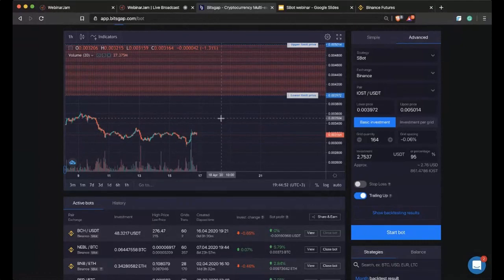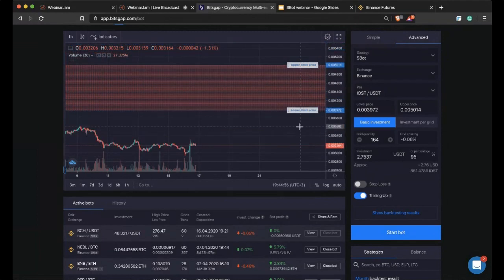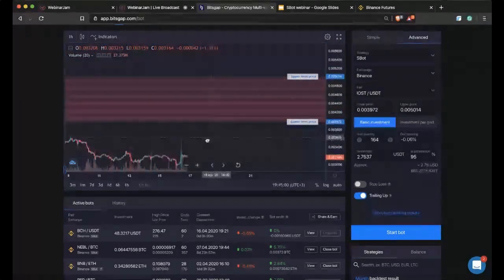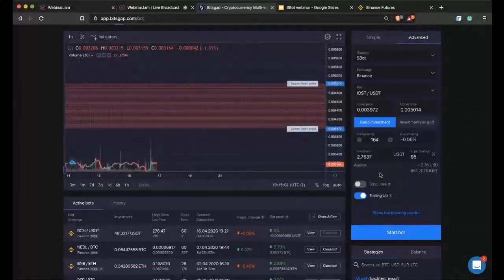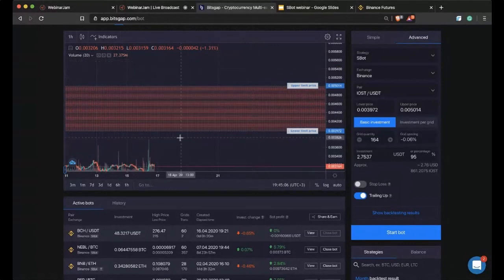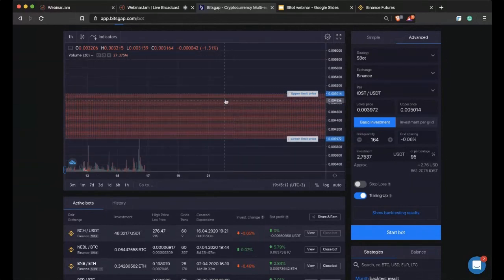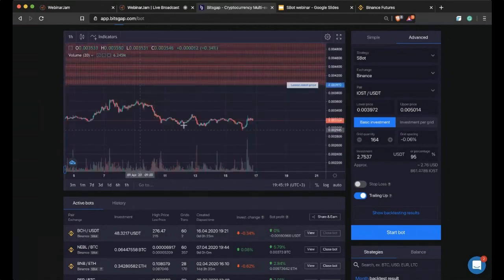So that's the optimal solution, the optimal strategy. If you want to maximize your profit on the rising market, use the trading up function. It will follow the trend and it will be executing trading within this trading range, taking advantage of all possible market swings within this range. Because you see,